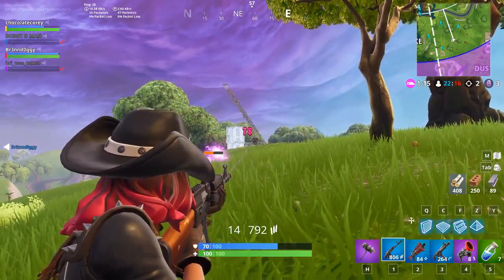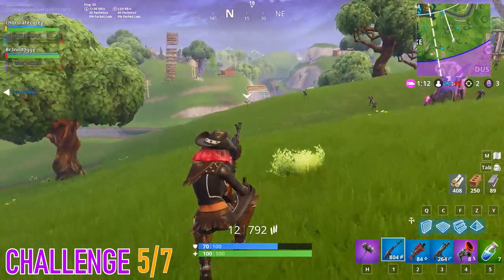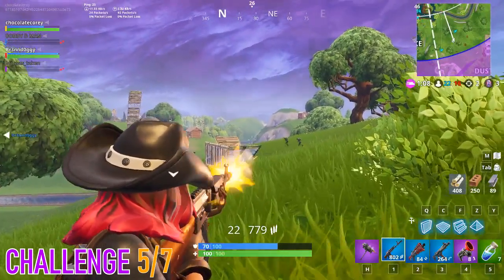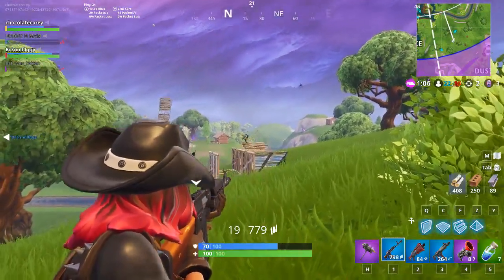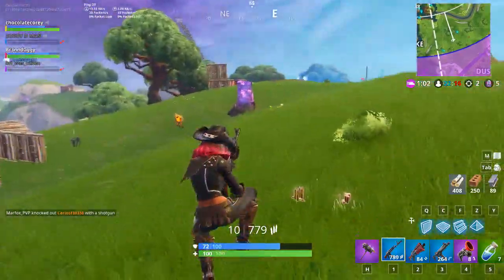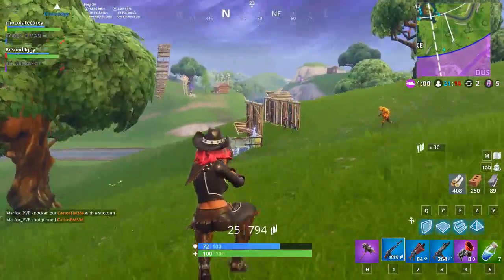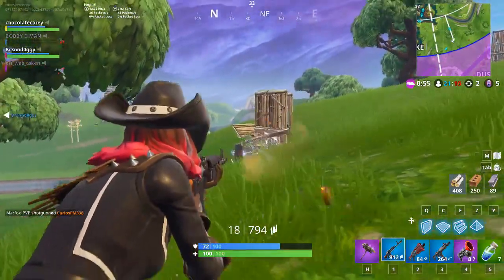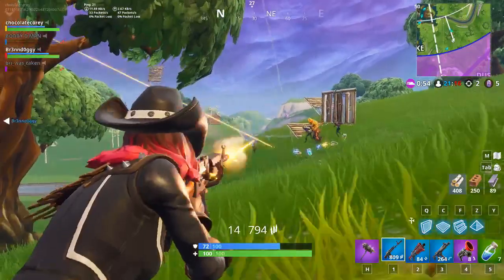When we move on to the next challenge, we're going to deal damage to opponent structures with dynamite, a total of 10,000 damage. This is the new item that has been added in Fortnite. It is a green item, so common or uncommon actually. But it's pretty easy to find, and it does a lot of damage. I believe it does 800 damage to structures. So with that being said, I will probably join in